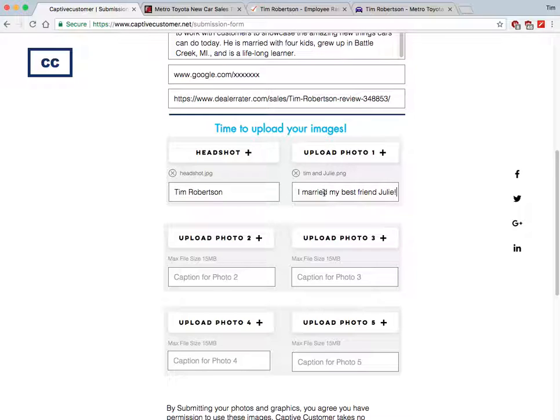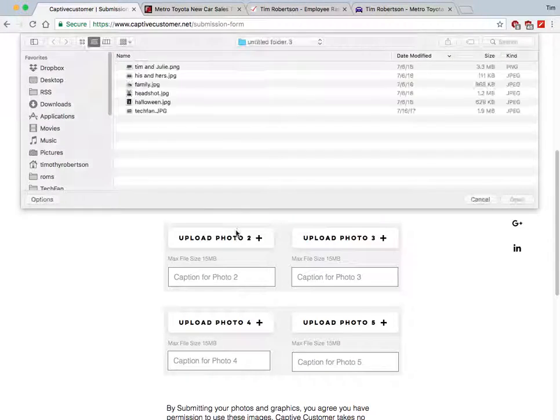Remember, what you put for the caption is what we're going to use in your video. It's going to go above or below your photo, depending on the photo. Sometimes the text might overlap the photo a little bit. We'll make it look really clean and good for you. Next photo,